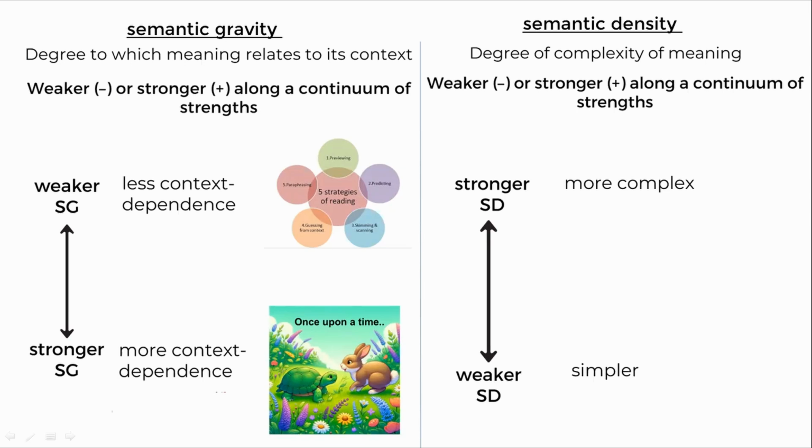So semantic gravity allows us to explore context dependence. Okay, so it refers to the degree to which meaning relates to its context. In other words, in my particular study, when a student refers to what's happening in that particular lesson,